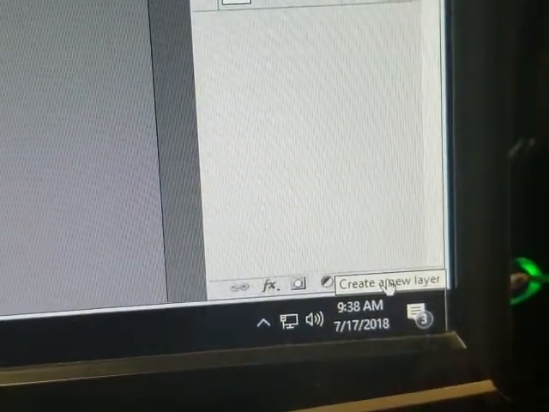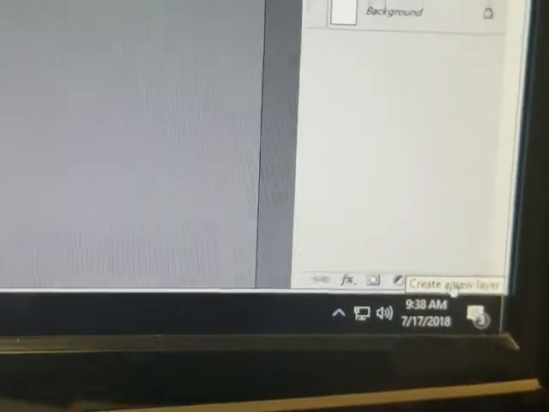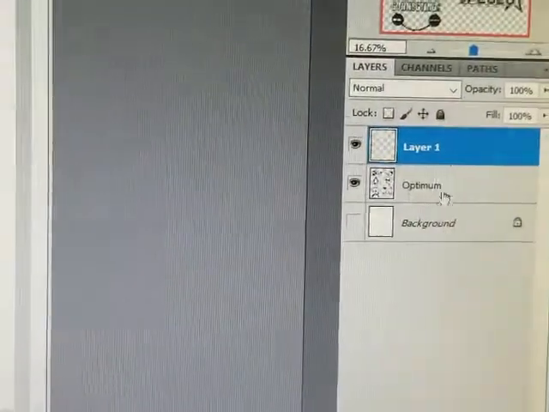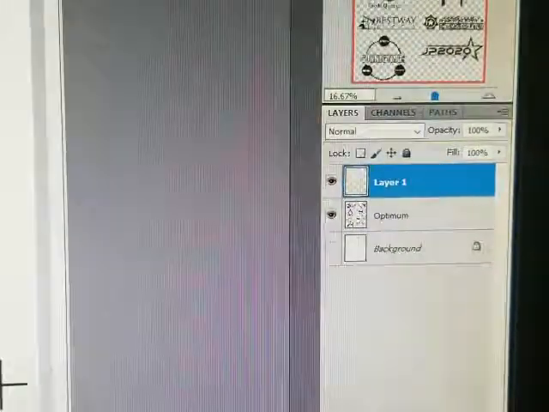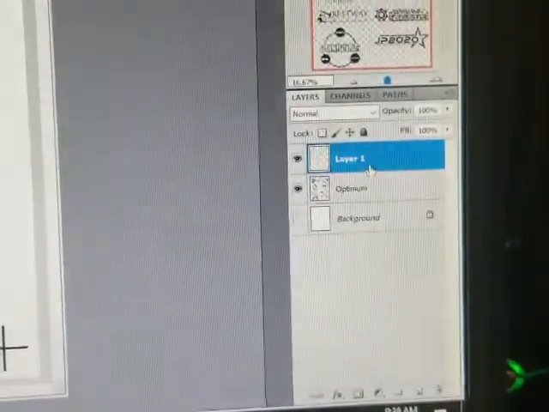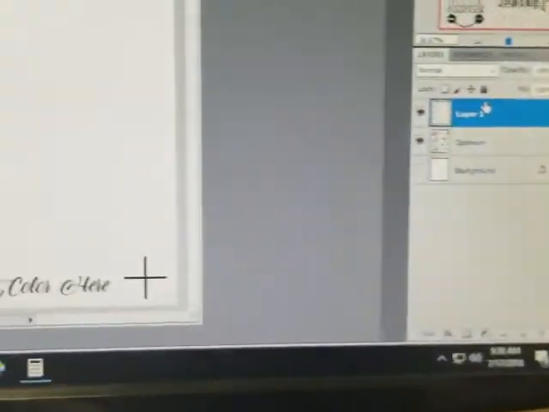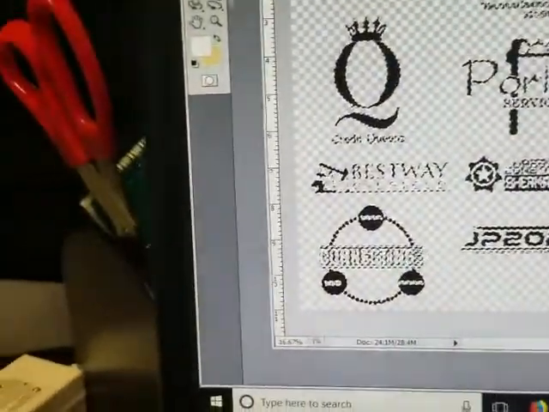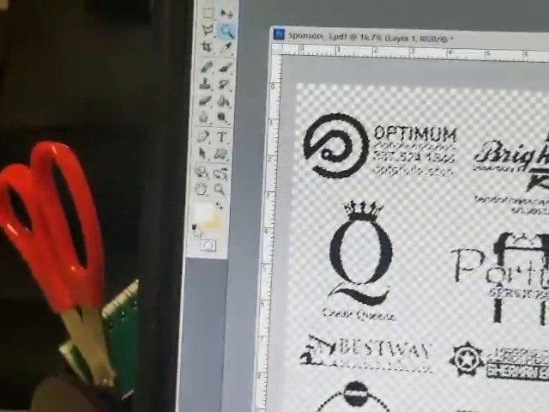We are going to create a new layer, which is this little button here down at the bottom right next to the trash can. We're gonna click that thing. It made a new layer. Back over here. Come here, click a new layer, made a new layer. Boom. Now we have that layer made. I'm gonna come over here,